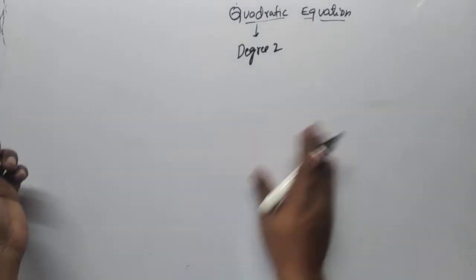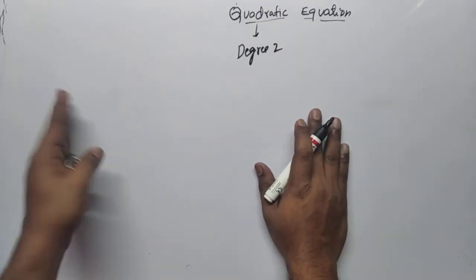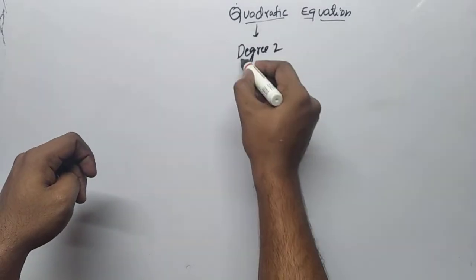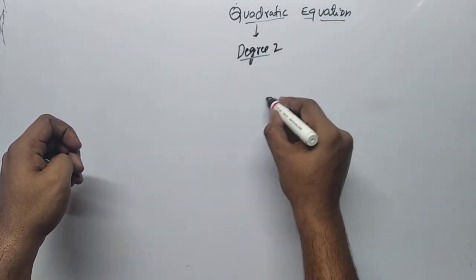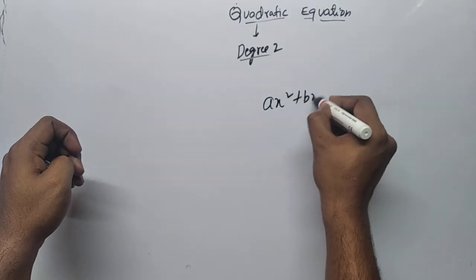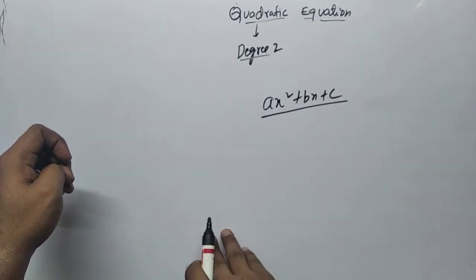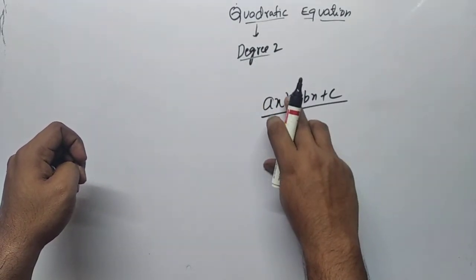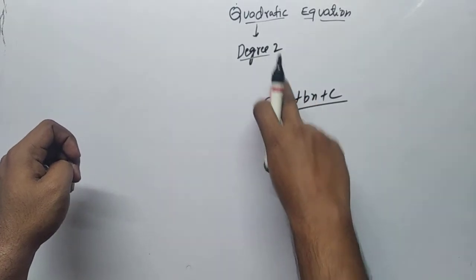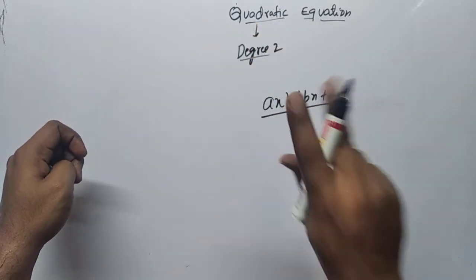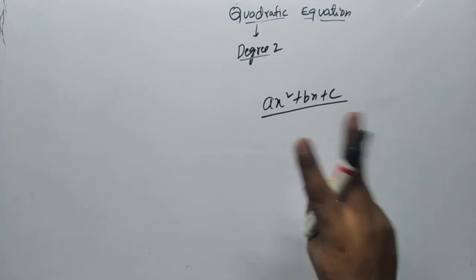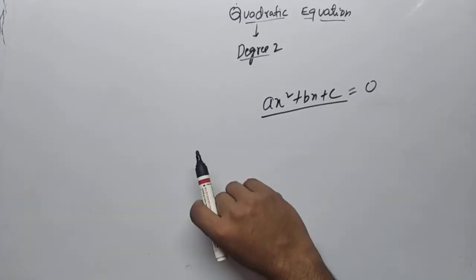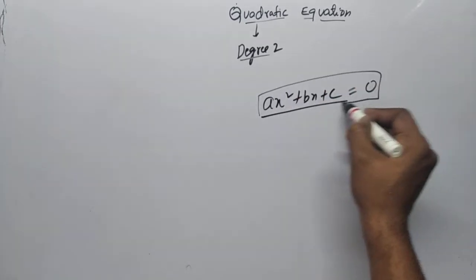So first we will write the quadratic expression. After that we will know what a quadratic equation is. So what is a quadratic expression? Any expression of degree 2, suppose we have ax square plus bx plus c, is a quadratic expression of degree 2. What is degree? The power, the index, is 2, so it is known as quadratic. Already I told you quadratic means 2. Quadratic in the Latin word means 2. So if you equate it to 0, now it becomes a quadratic equation. So this is the general format of a quadratic equation.